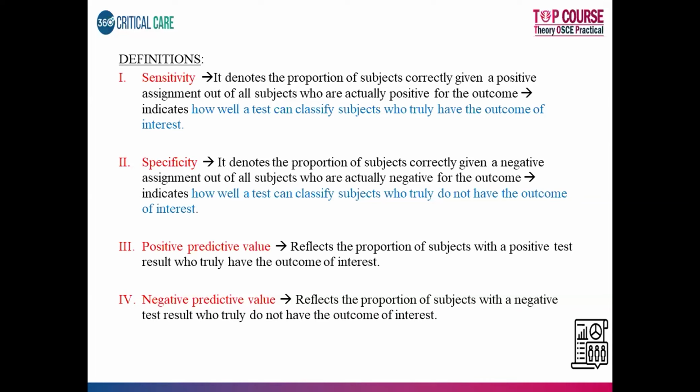Now, what is positive predictive value? It reflects the proportion of subjects with a positive test who truly have the outcome of interest. And what is negative predictive value? It reflects the proportion of subjects with a negative test result who truly do not have the outcome of interest. So the definitions are very difficult to remember, but when we go to examples, I think you will understand it more